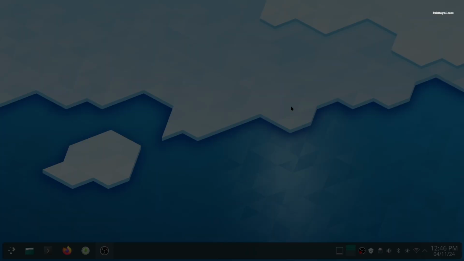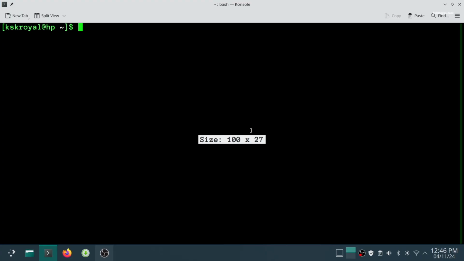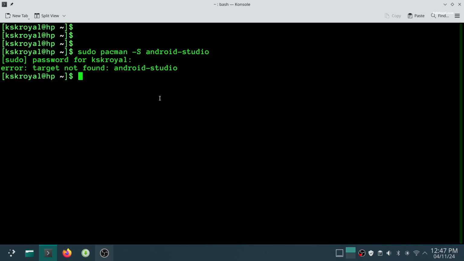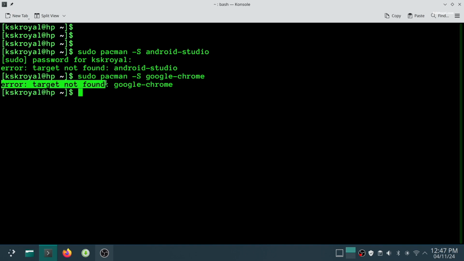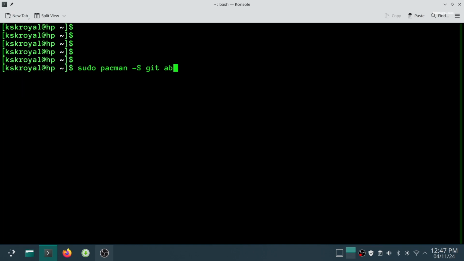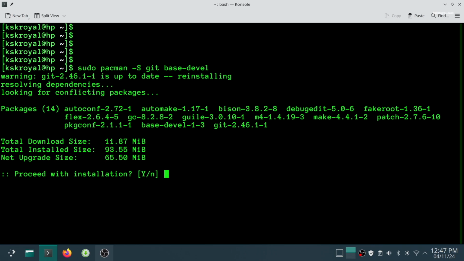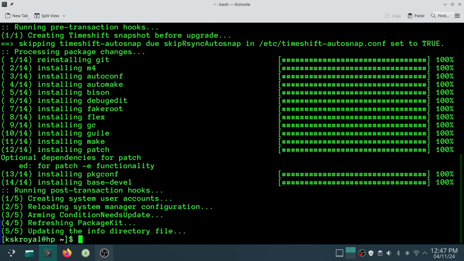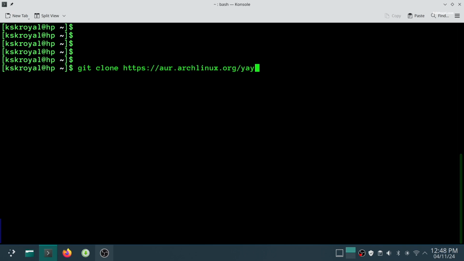In Manjaro, you may need to use an AUR helper like Yay or Paru to download additional software such as Android Studio, IntelliJ, Chrome, and more software that isn't available in the default repositories. In this video, I will be using Yay as an example. First, run this command to install the necessary dependencies. Then type this command to clone the Yay repository.